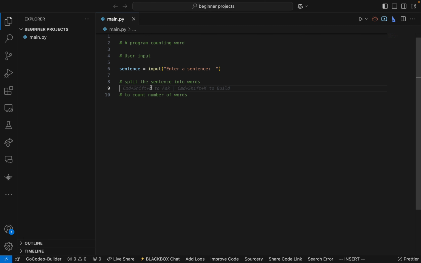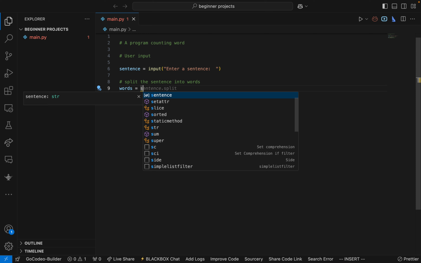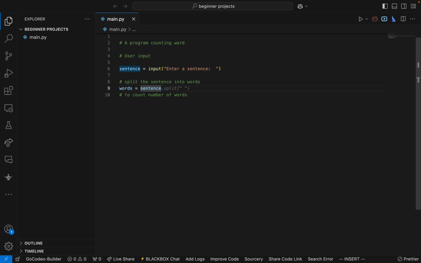This function is going to help us split. Now that we talk about the words, words will be equal to sentence. The sentence is the variable we created here. That is what we're talking about. So whenever the words are typed, it should pick up these words, and whenever this variable is run, it should help us to